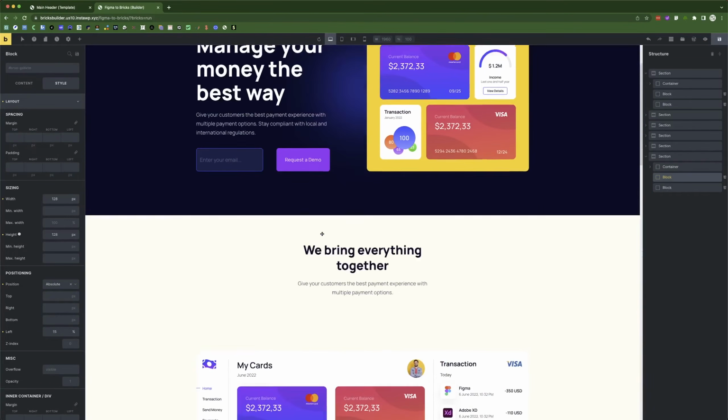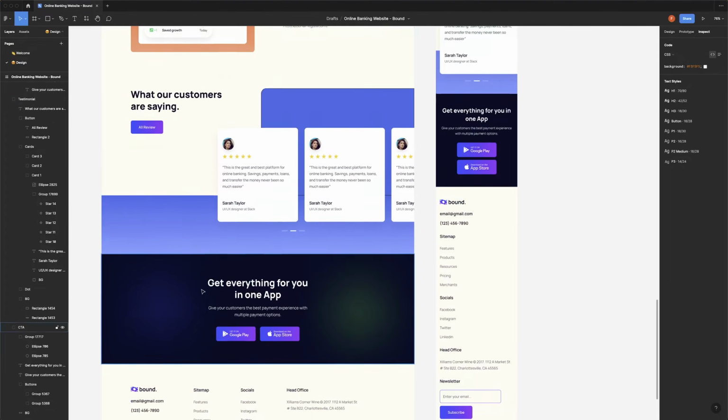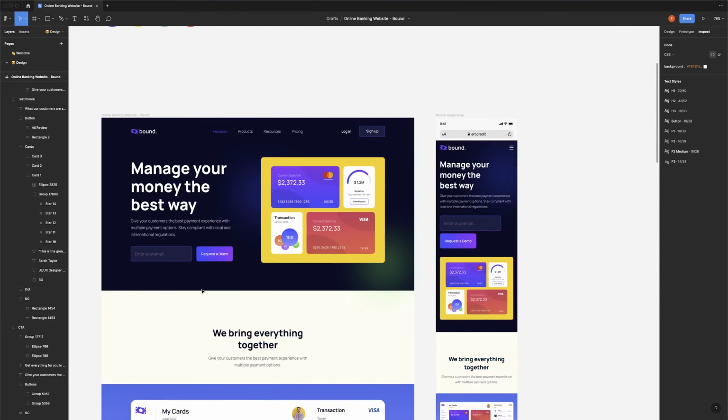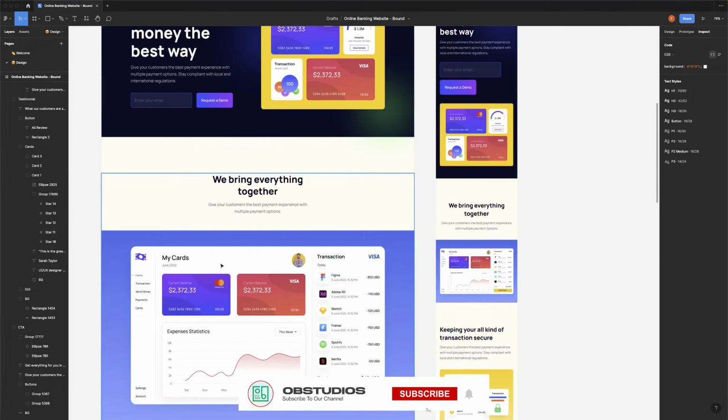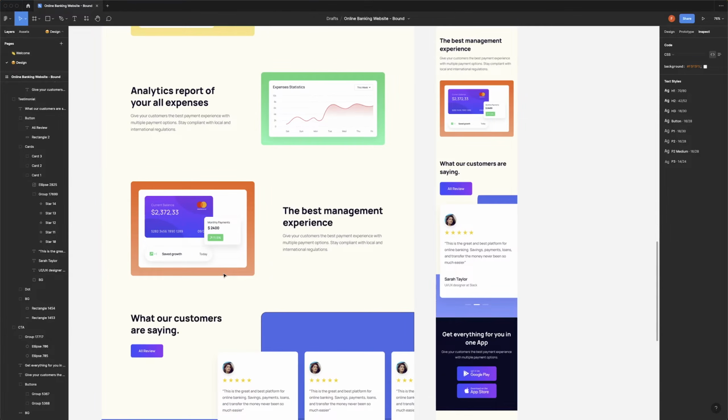So design wise, when it comes to design, we are absolutely done for the main part of the website. We are done with the design. So I don't know how you feel about this, but